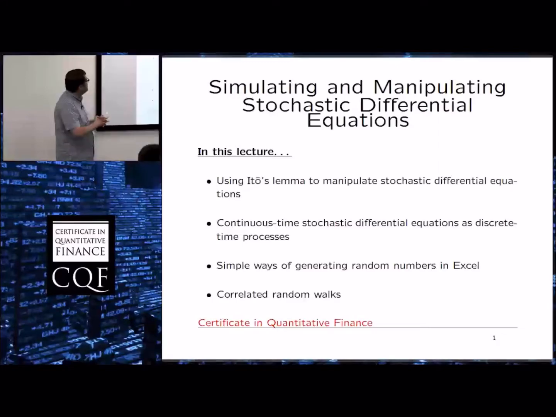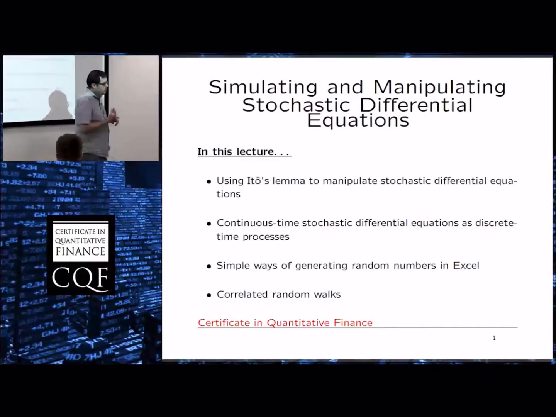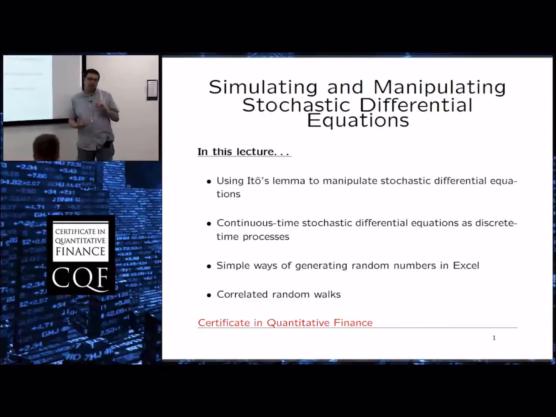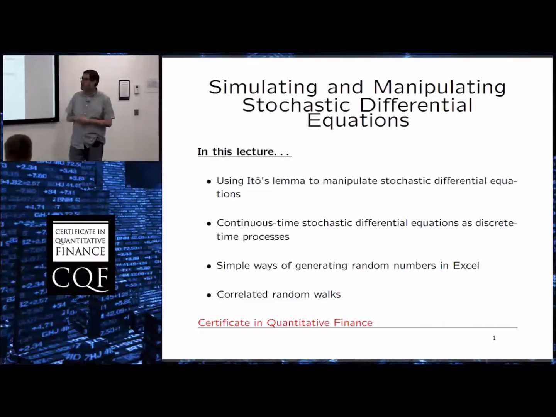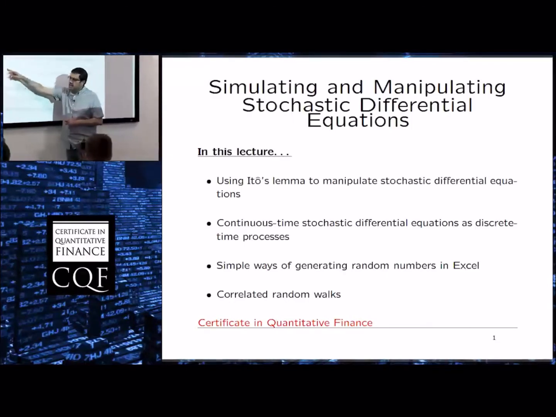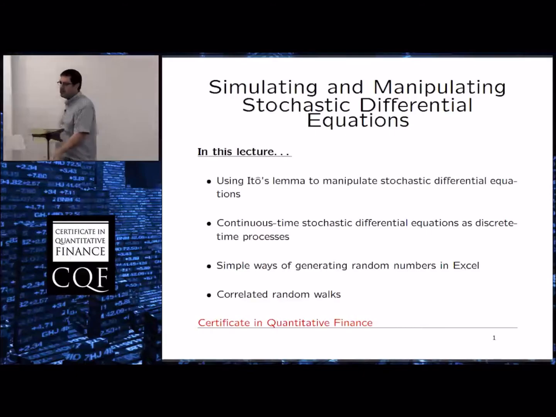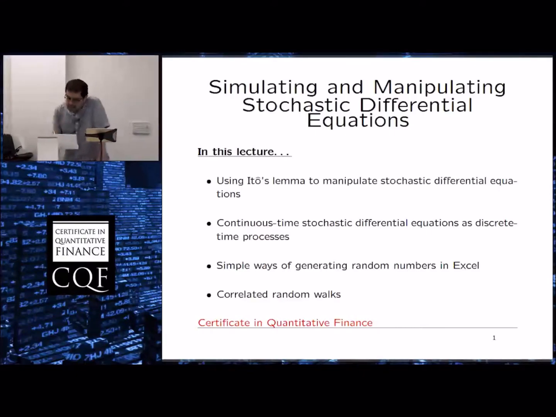In this lecture, further use of Ito's lemma to manipulate or solve stochastic differential equations, which means we went as far as Ito 1 and 2 the other day. We'll do Ito 3 and 4 and see how we progress. Then we'll look at continuous time stochastic differential equations as discrete time processes. But before that, there is actually another bullet point, because you'll see there's another topic in there, and that's going to be further